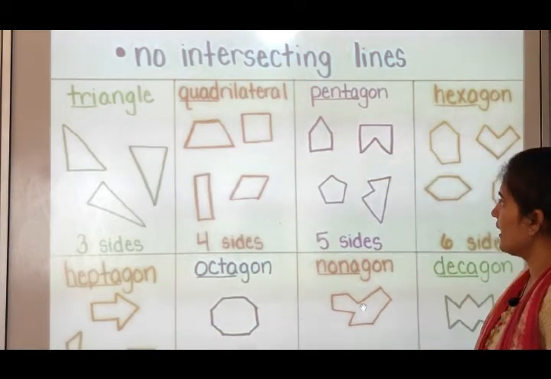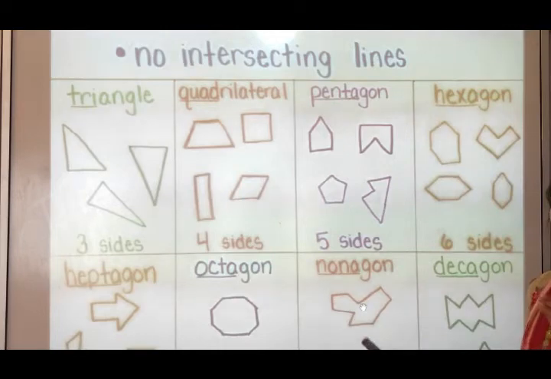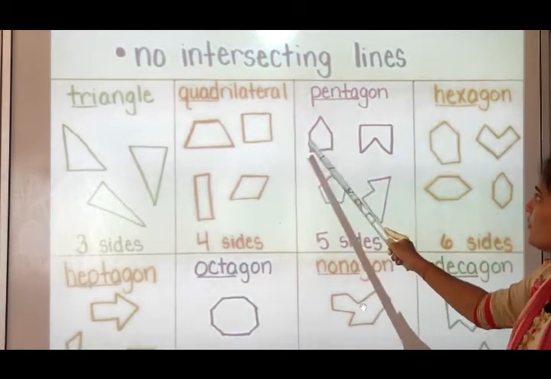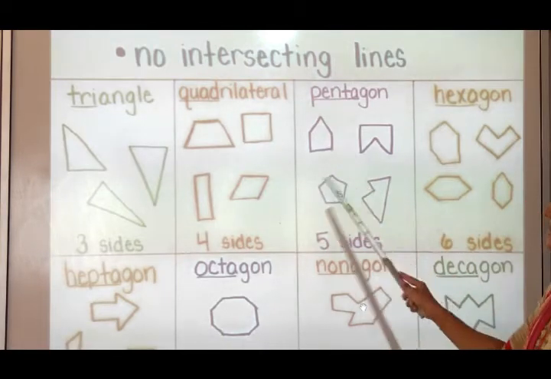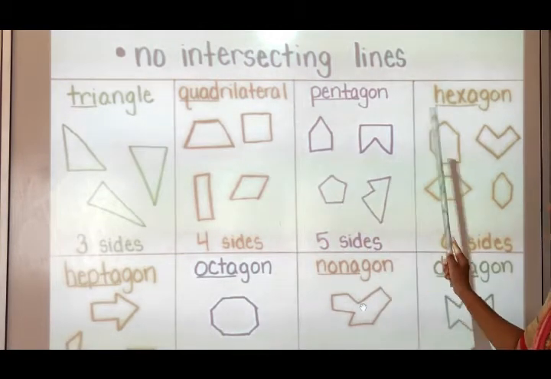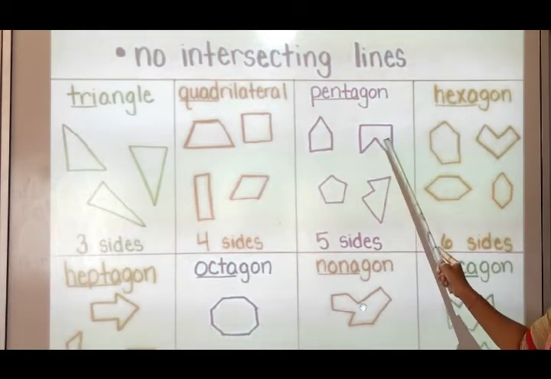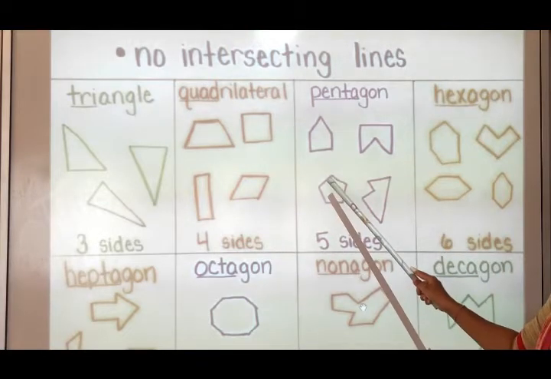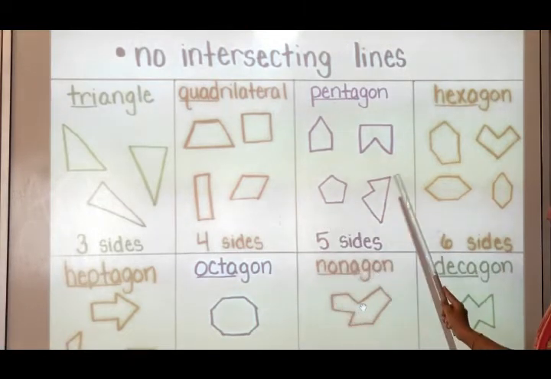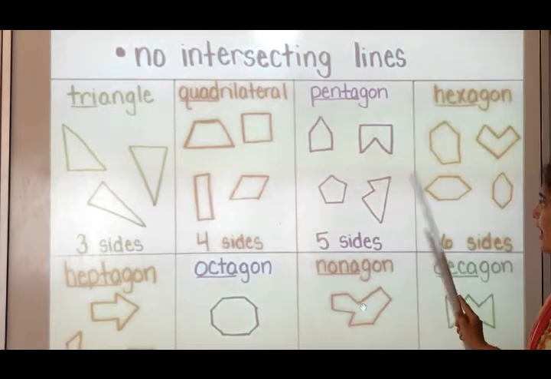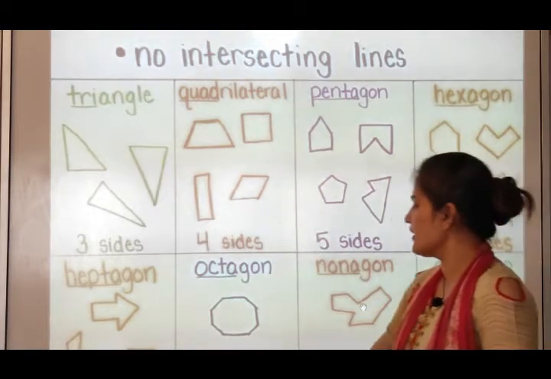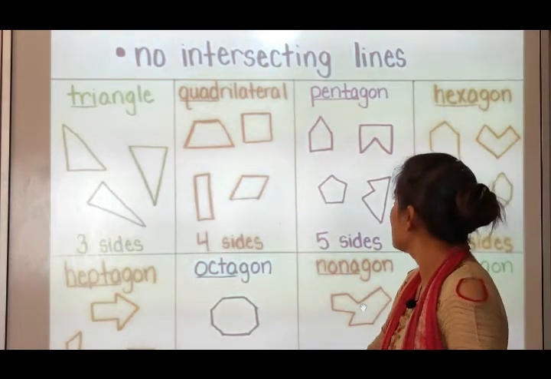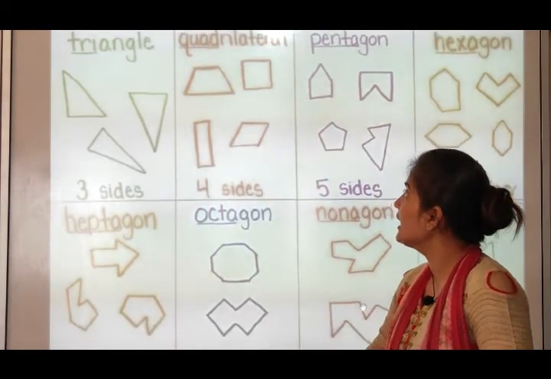Now about pentagon, which means whenever there are 5 sides, then they are called pentagon. Here you can see 1, 2, 3, 4, 5 sides are there. So this is a pentagon. A shape with 5 sides can be drawn this way also, so this is also a pentagon. Here also 5 sides are there in this shape. So this way with 5 sides you can make different shapes. Their angles may or may not be equal.